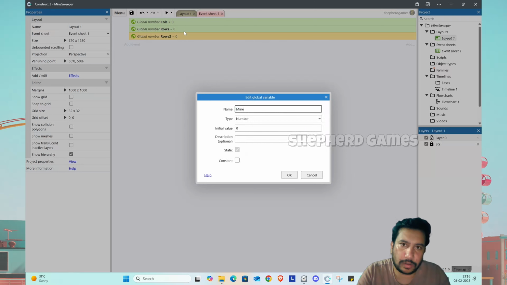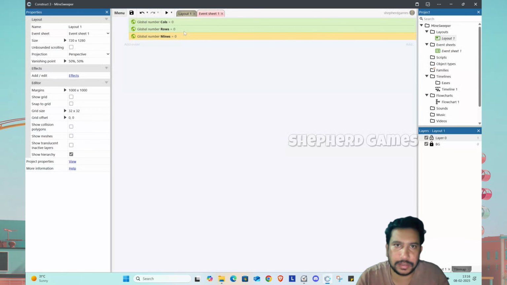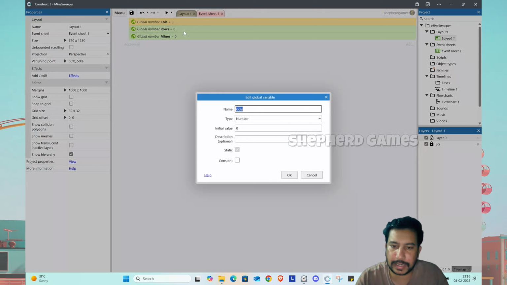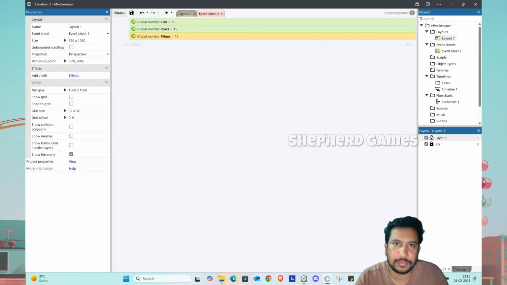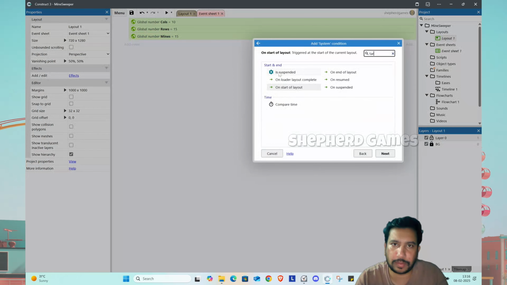Okay, and I want to have a number of mines. So columns, let's add columns as 10. I want 10 columns, and rows 15, mines maybe 15. Alright, so now let's create the